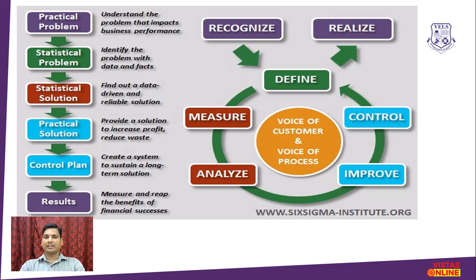When you define it, you go for the next step, that is measure, on what level the seriousness of the problem is. We may find four or five problems or twenty problems, but we need to know very clearly how to measure the severity of the problem. Then we go for analyzing. In the analysis, we come to know which one we need to do first and which one we have to do next. So we should analyze it very clearly.